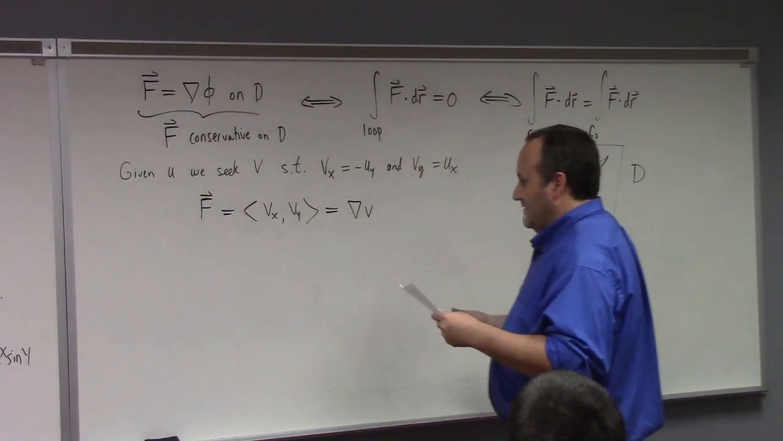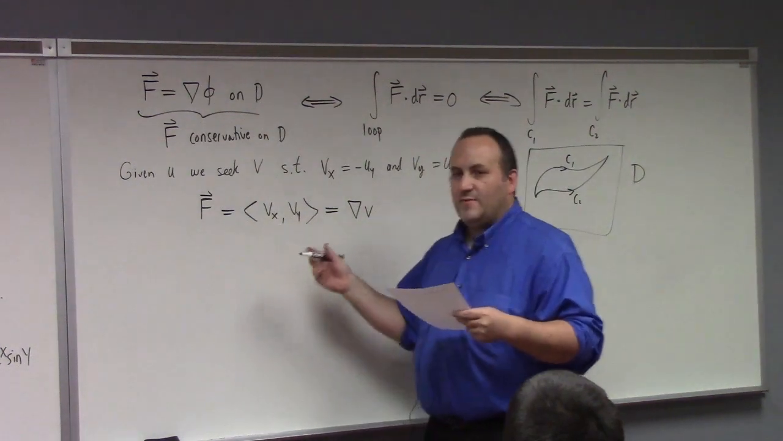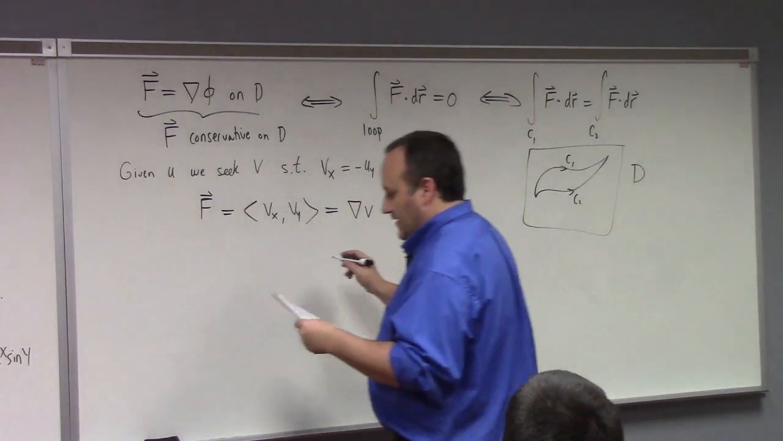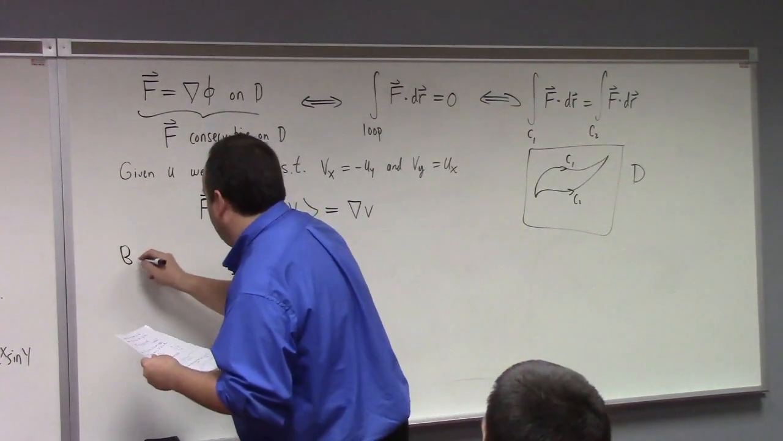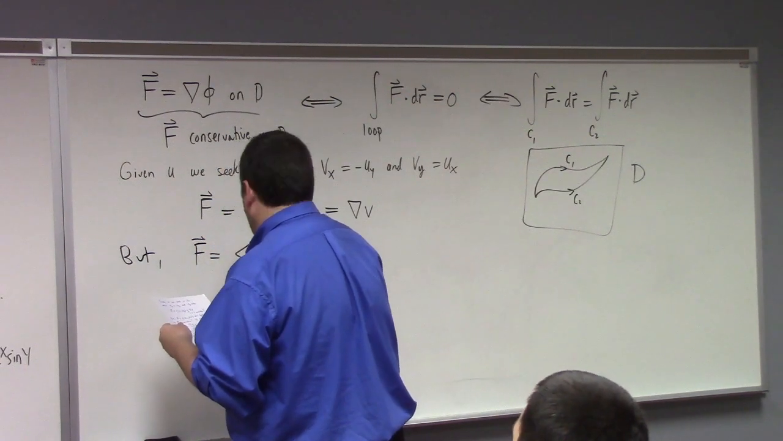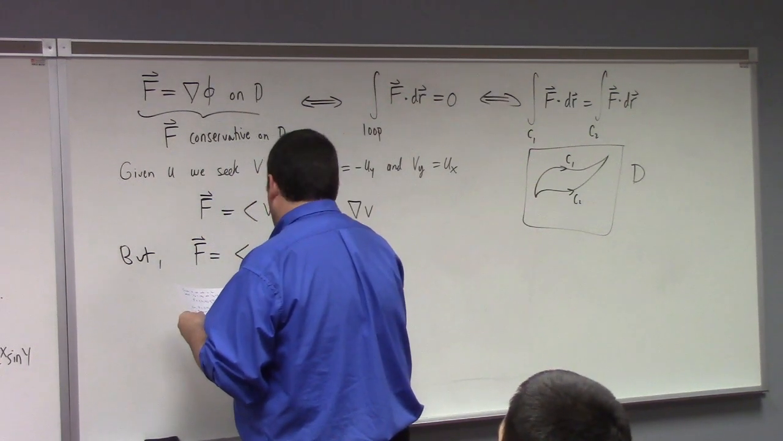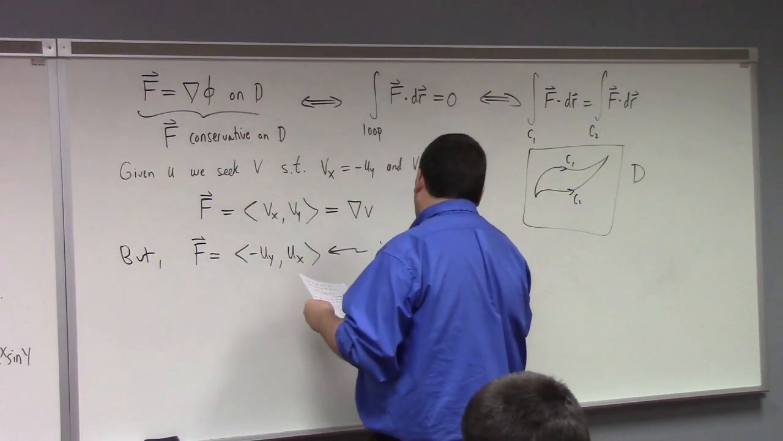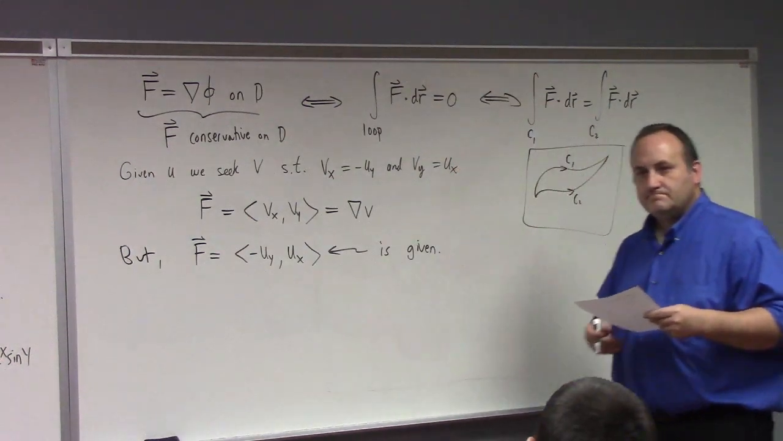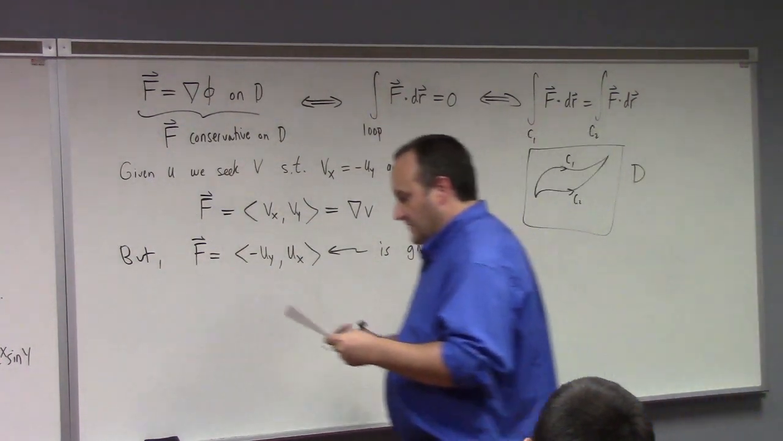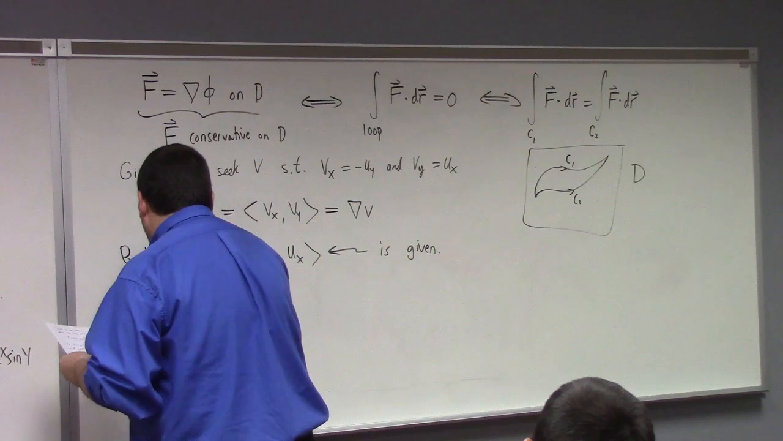Now you're like, well, but you don't know that, that's what you're trying to find. But we do know what we're trying to find because we're given the U. So we're really trying to find F equal to minus Uy, Ux. In fact, this is given, right? In this whole question, that's a given vector field. So the question is, is this conservative? If F is conservative,